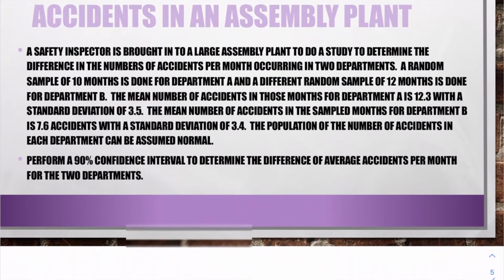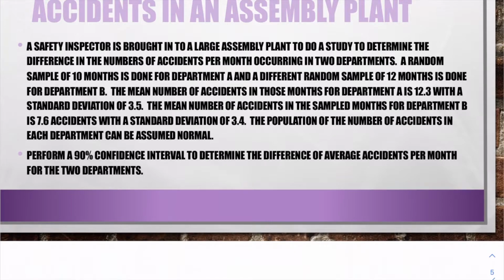Okay, here's a problem that we're going to do in our template. So you can grab the two sample template from off a canvas and do this problem together. So a safety inspector is brought into a large assembly plant to do a study to determine the difference in the numbers of accidents per month occurring in two departments. A random sample of 10 months is done for Department A, and a different random sample of 12 months is